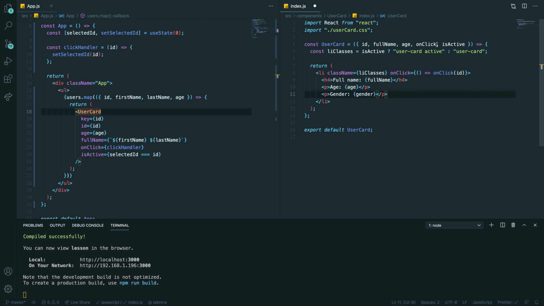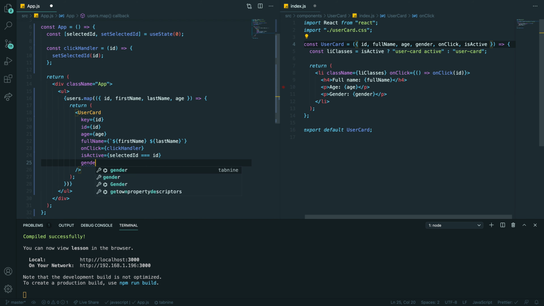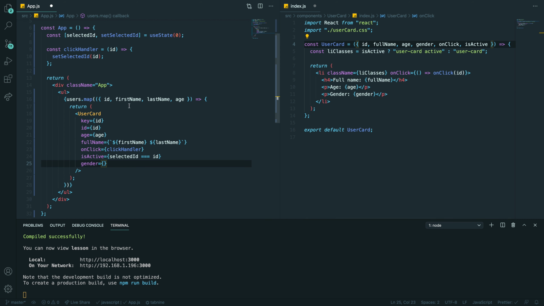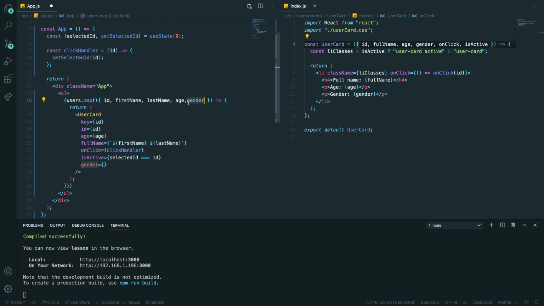So I need to pass my gender from here. Gender. And I need to destructure gender, and gender here, right? So we take it from the users, pass it to the child, and render it there.